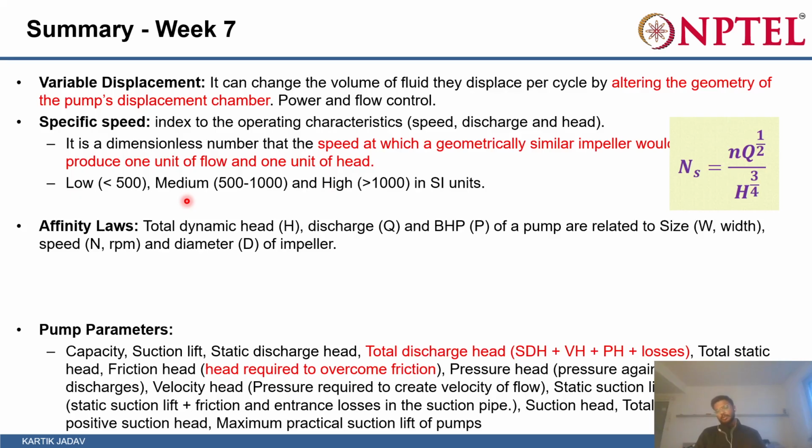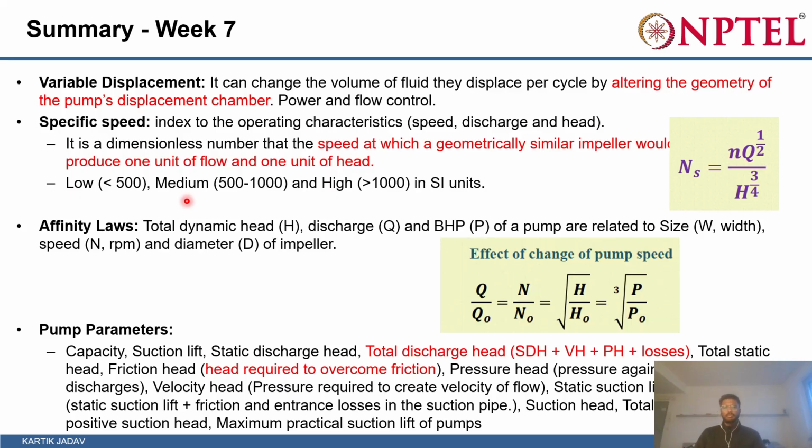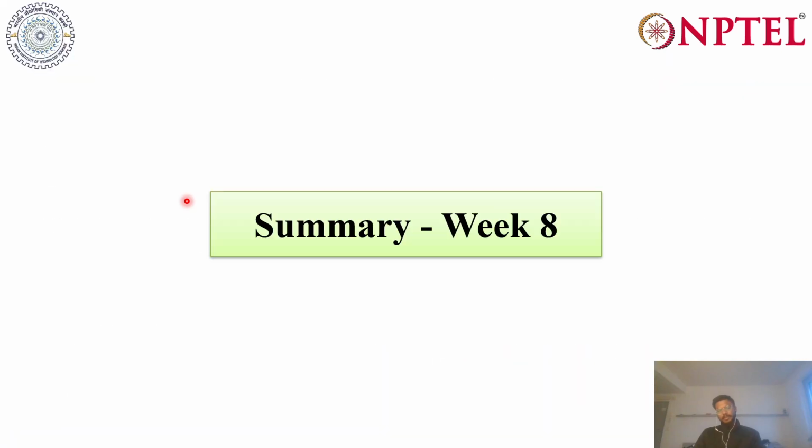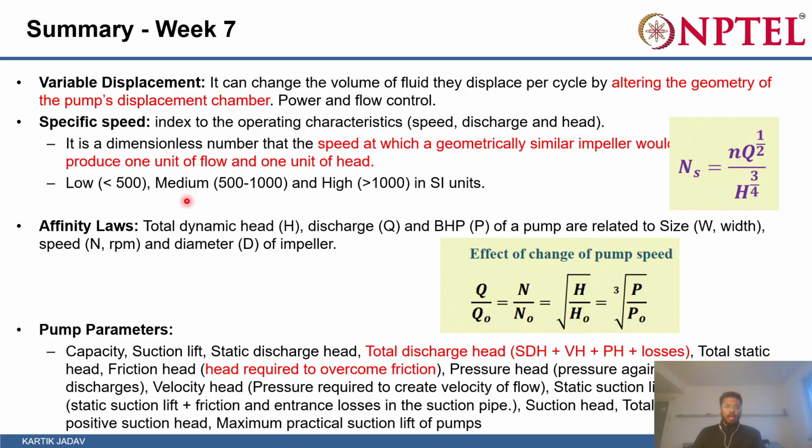Then we have talked about the affinity law. So the affinity law is the most common relationship between discharge, speed, head, and power. And considering this, it is very useful in designing any farm. And finally, we have summarized the content by solving multiple